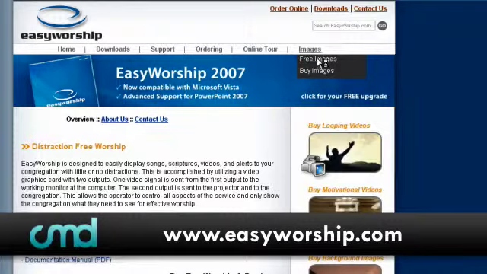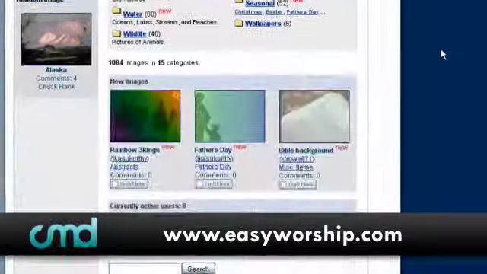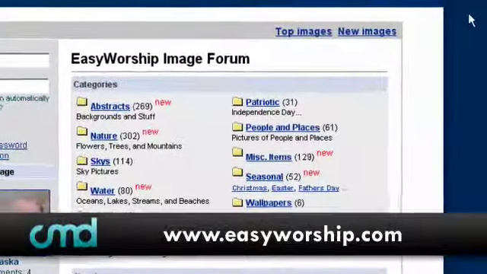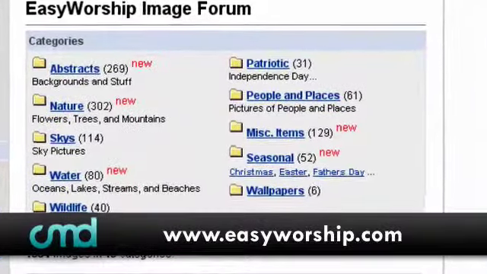Next, as far as presentation of church media goes, there are a lot of different players, and EasyWorship is one of those software programs. On their website they actually have free images. If you go over to images on their website, you'll see free images, and they have a whole bunch of free stuff. There are hundreds of free images here. So check out the EasyWorship forum, and you'll find some great free images from EasyWorship, and that's at